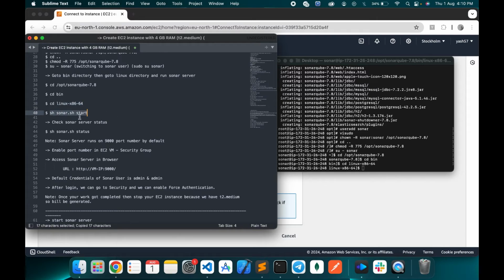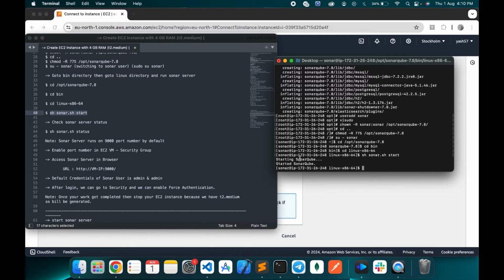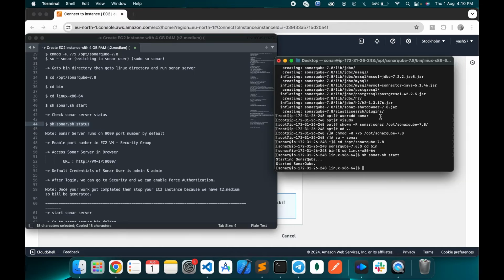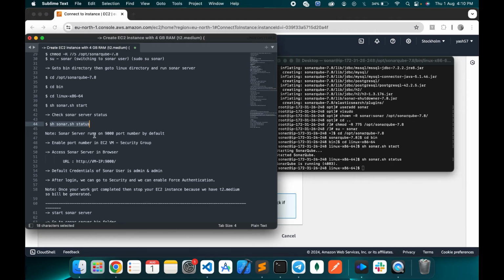This sonar start command will start our SonarQube server. So copy this command and paste it here. Starting SonarQube. So we want to see the status of SonarQube, so copy this command and paste it here. Now SonarQube is running. Okay, this is in the running state. SonarQube server runs on